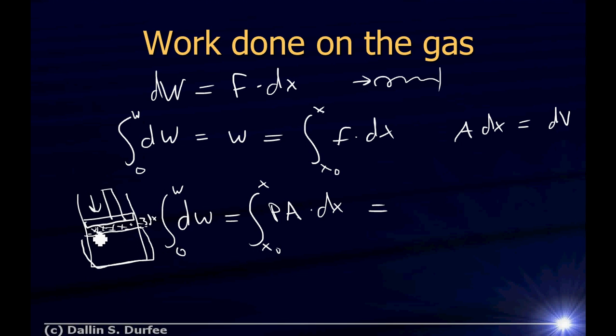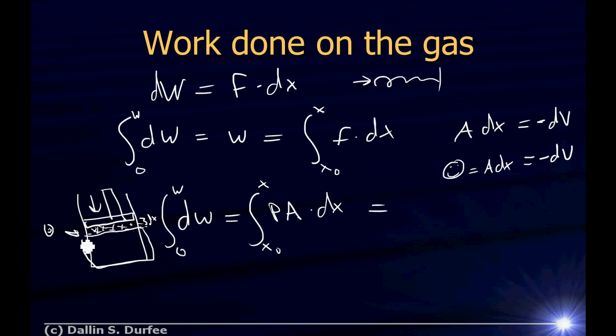The gas's volume went down by that little piece right there. Let's call this thing here smiley face. Smiley face is equal to area times dx. But if smiley face is positive, the gas has gotten smaller,